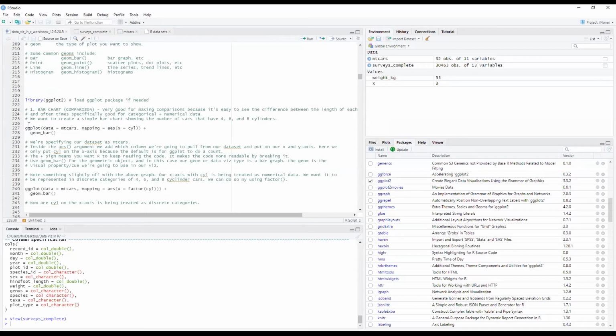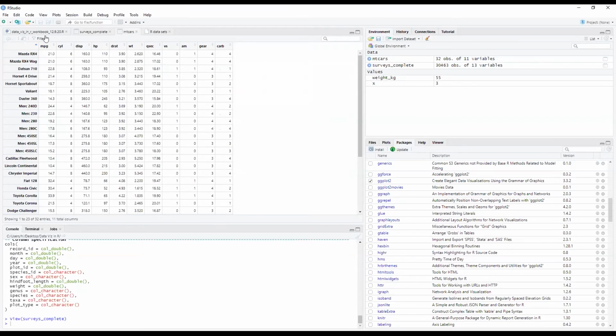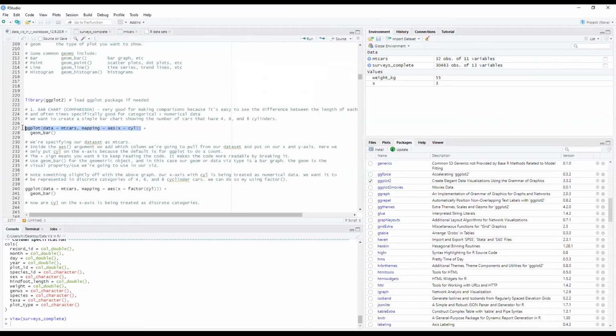So how do we do this? We call up our ggplot, and in our first argument, our data argument, we're going to tell it to look at mtcars. So data equals mtcars. Our mapping equals aesthetics. There's one thing we're going to specify. We're going to specify what is going to be on our x-axis. So on our x-axis is cylinder, this column right here. And so we have this ggplot function done. And what we're going to add is our geom_bar. So it's going to be a bar chart. We're not going to put any argument in.